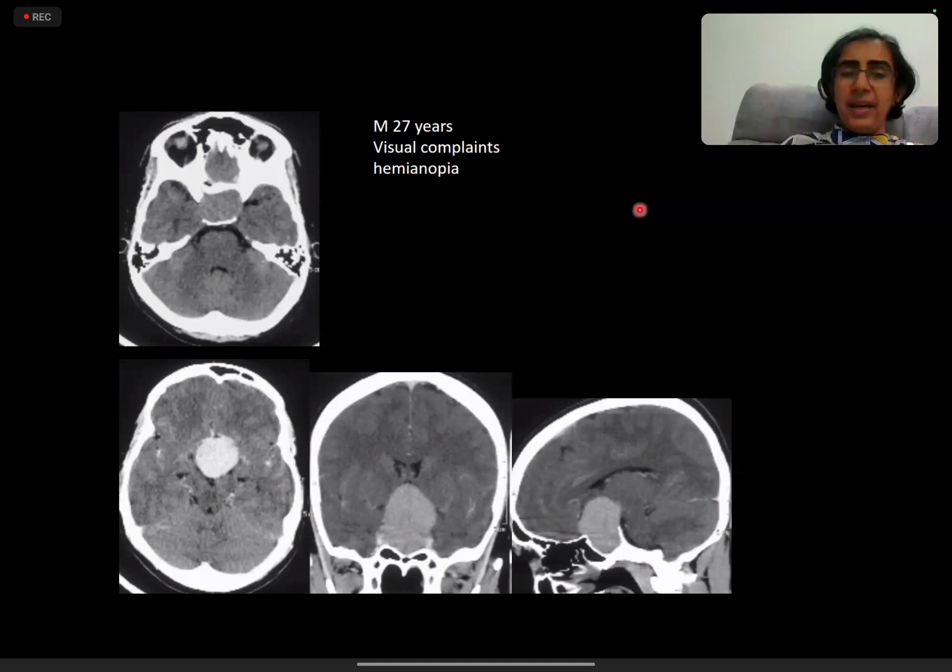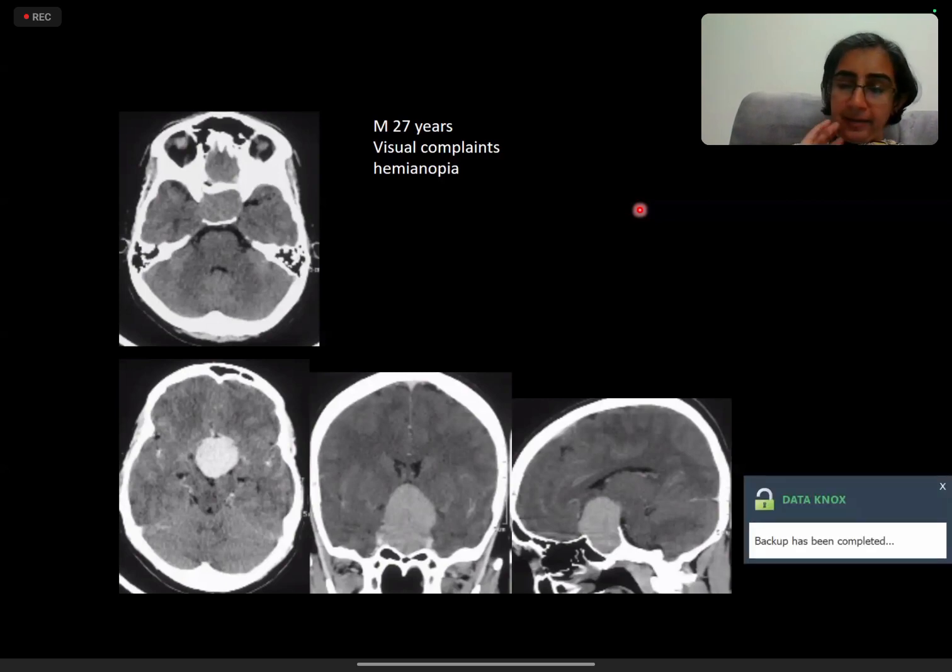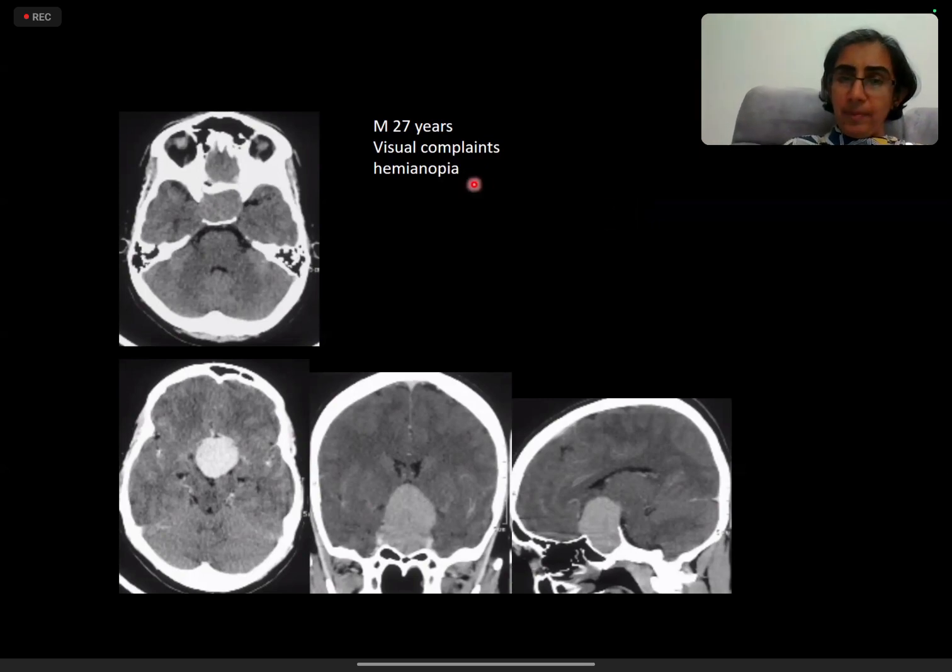Again, it is very important to describe what happens to the parasellar regions. Is it extending to the sellar, paracavernous regions? What is happening to the optic chiasm, the third ventricle? It is extending almost up to the third ventricle, compressing the optic chiasm. That explains the patient's symptoms. These patients typically do not have endocrine pathologies, because had they had some endocrine dysfunction, this patient would have presented much earlier before this lesion would have enlarged so much.